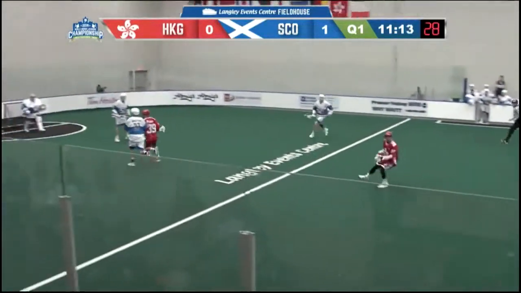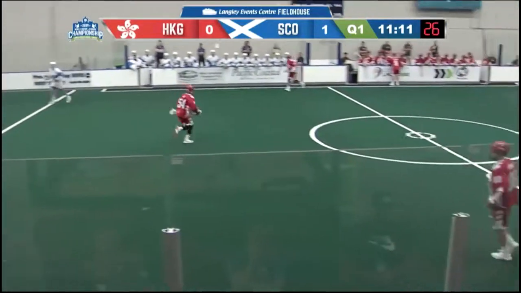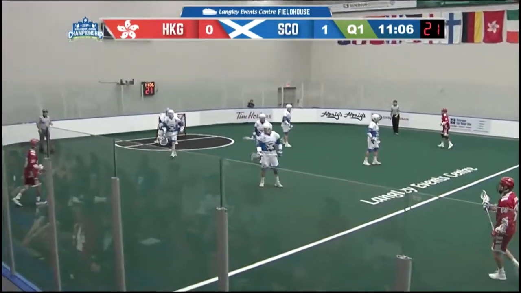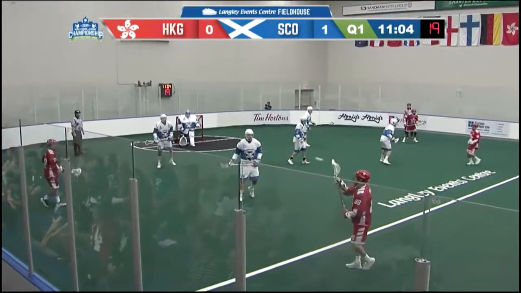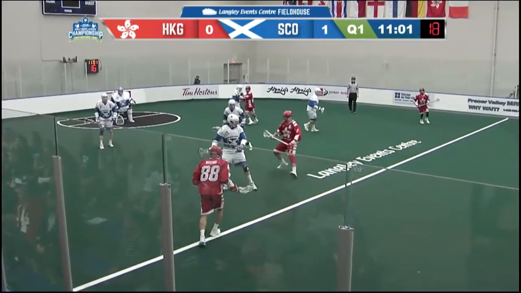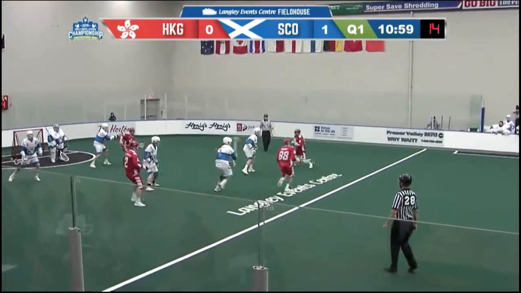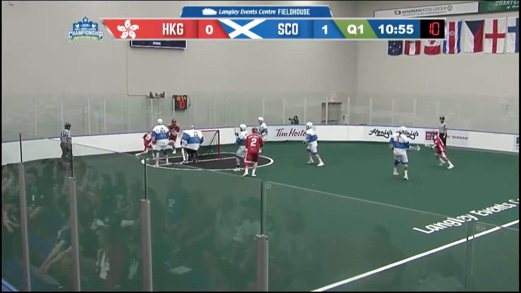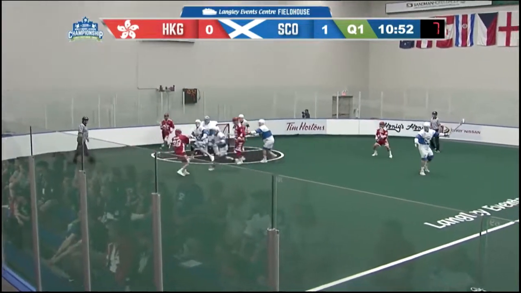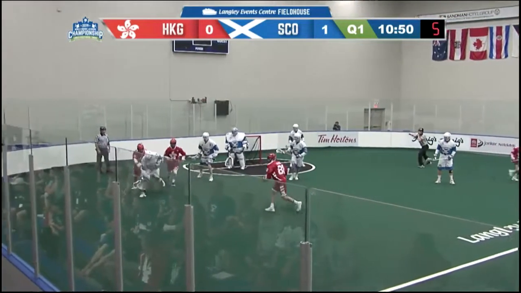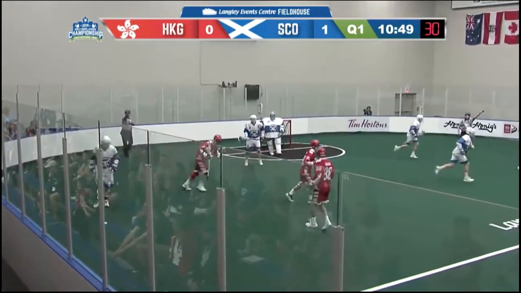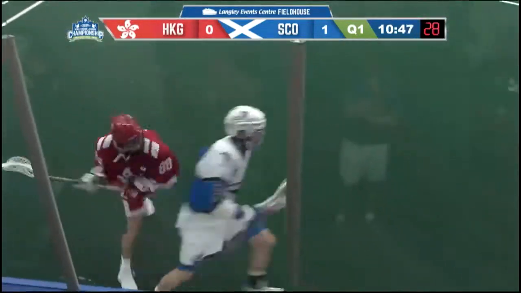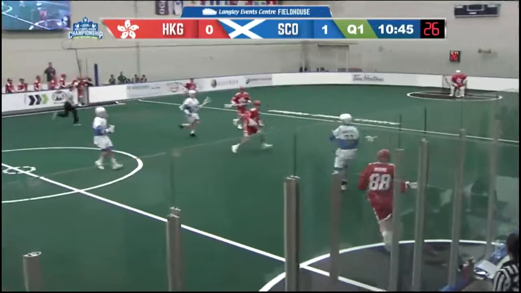Scotland knocked off the ball, and Cole will bring it back in. Looking around for a pass, sends it behind him there for Jordan Shane Wong. Walking in along the left side, passes along the left boards over there and gets it back. Shane Wong now trying to drive into the middle, elects to cut around the right side, sending it across the side of the goal there, unable to get anything on net. And Scotland will take possession. 10:49 left in this first quarter. Scotland leading 1-0.